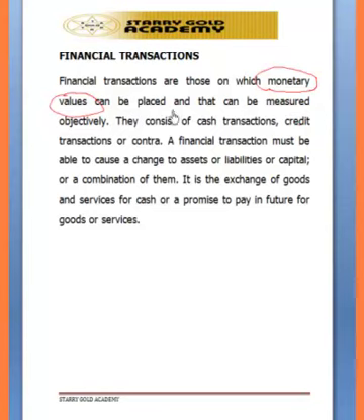They consist of cash transaction, credit transaction, or contra entry. Cash transactions are transactions in which payment is being made automatically in the process of the transaction, or at the beginning, or at the exact point that the transaction took place. Payment is being made. Whereas credit transaction is a financial transaction, a transaction that has monetary value, but which payment